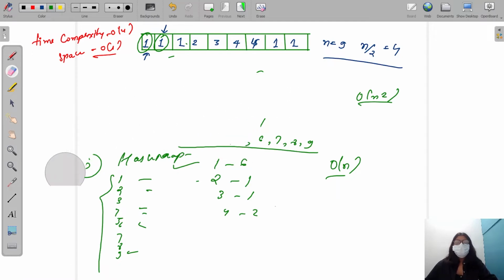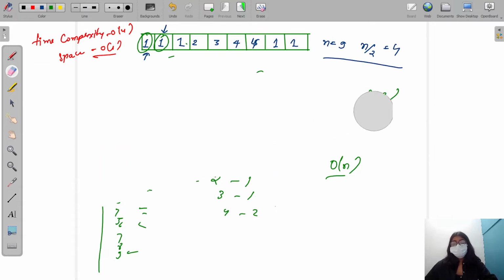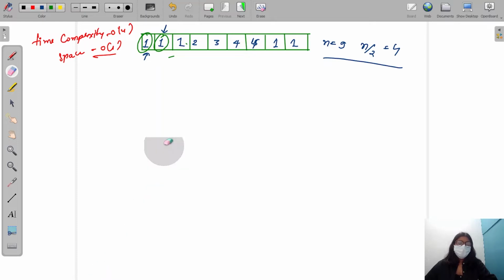Now, what method do we have to use? So I say I'm going to use the pairing method. Let's see what the pairing method is. In the pairing method, let's say I have 1, 1, 1, 2, 3, 4, 4, and 1, 1 and so on.